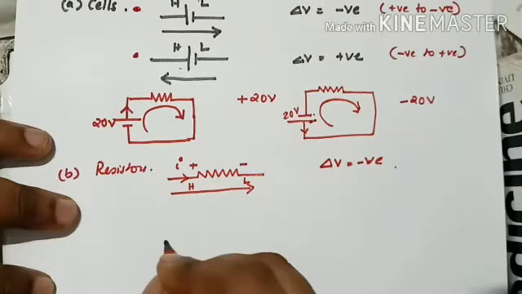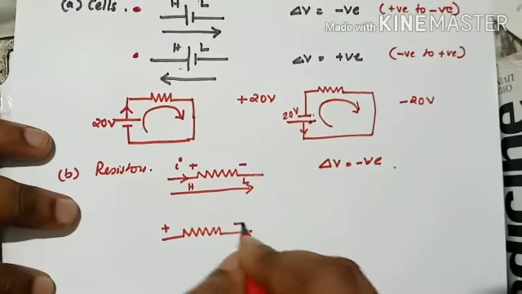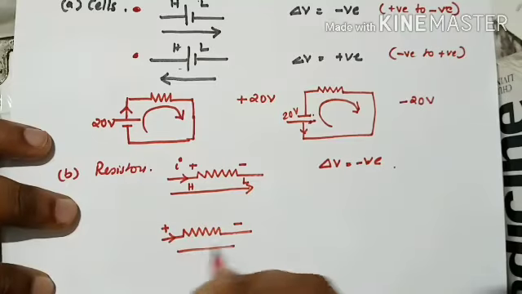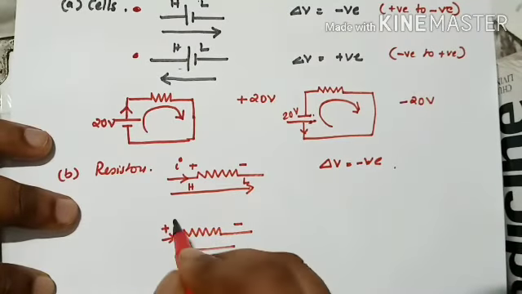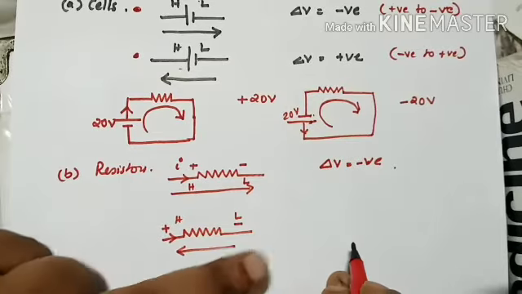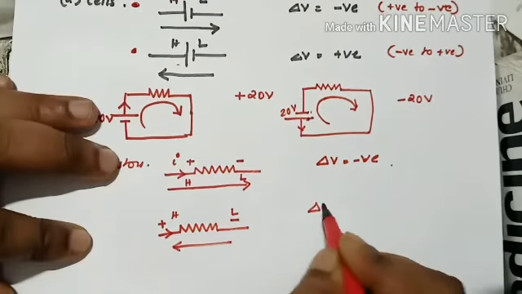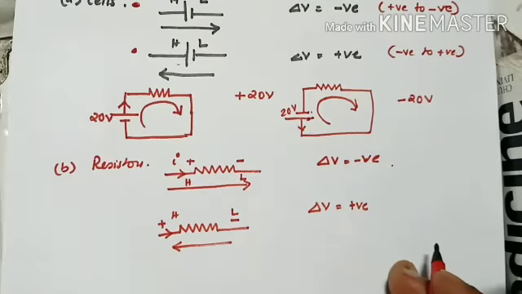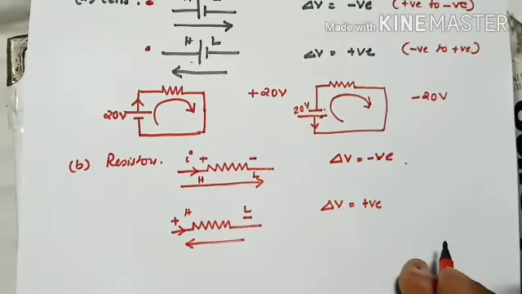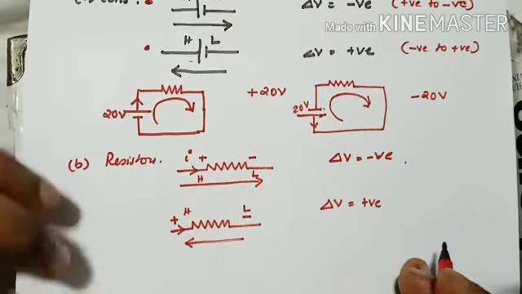Now, similarly, I am going to consider the resistor again. This is positive, this is negative because current is flowing. But the path is from here to here. This is higher potential, this is lower potential. That means I am moving from low to high. It's a good thing, and the potential is positive. That is because I am having a gain. Clear? Or in a simple way for you guys to understand, we can make a short note like this.